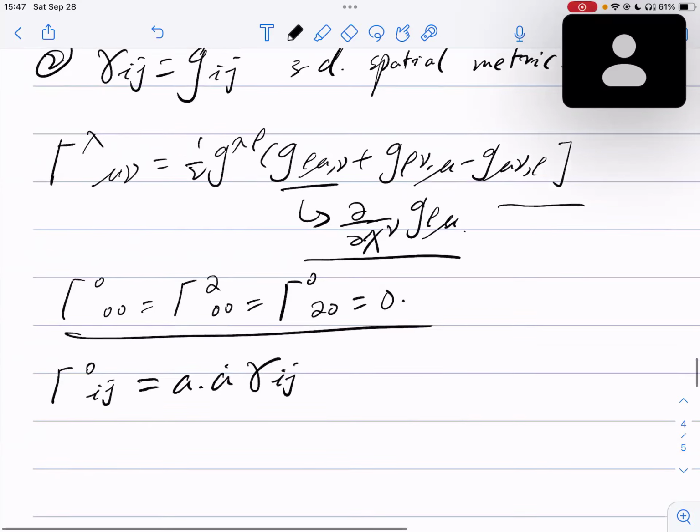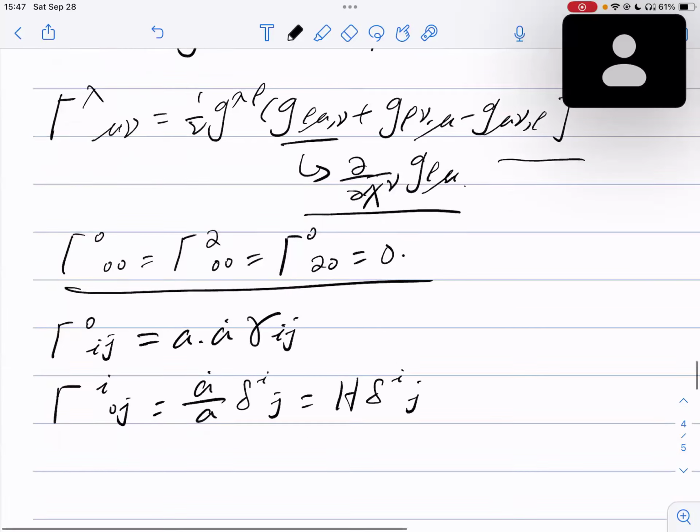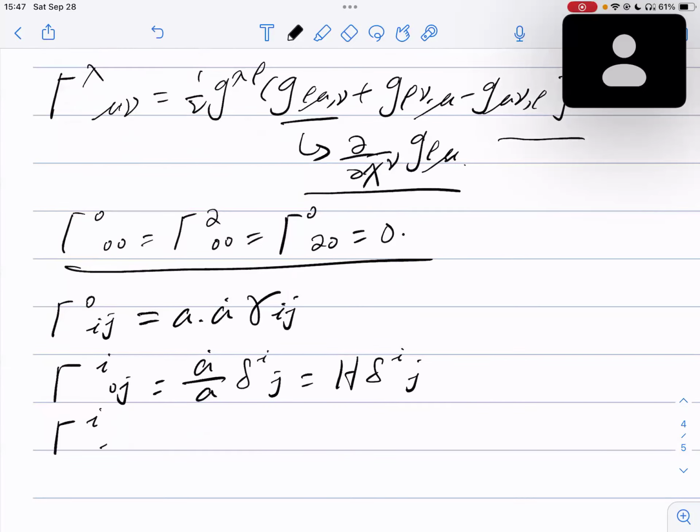Yes, and gamma i 0j equals a dot over a delta ij, or it can be expressed as the Hubble parameter times delta ij. And the third one, gamma ijk, the complete spatial component of this Christoffel symbol,